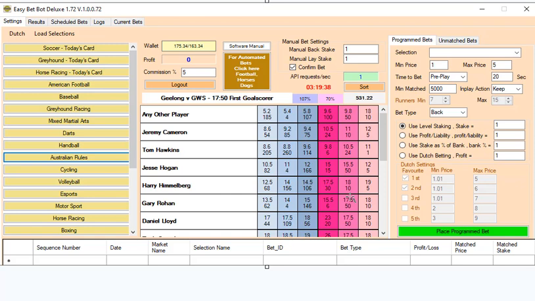The Deluxe bot does everything you've just seen, if you've been up on top of the page, that the normal bot does, but the 3 main features that EasyBet Bot Deluxe does: it has a new floating Dutch window, it has load selections using CSV, so you can load multiple selections using a CSV or Excel file, and it has